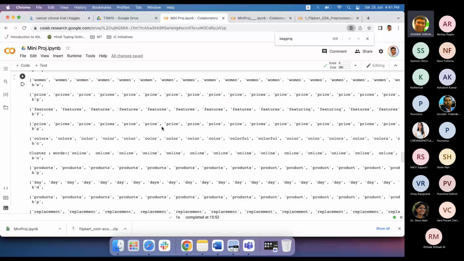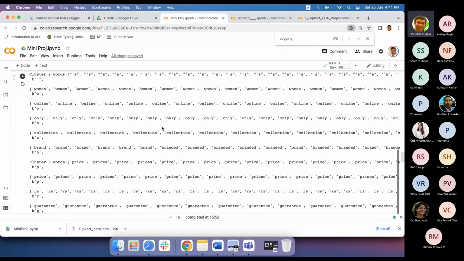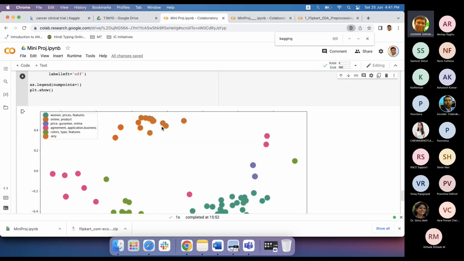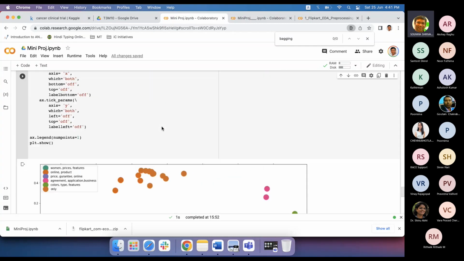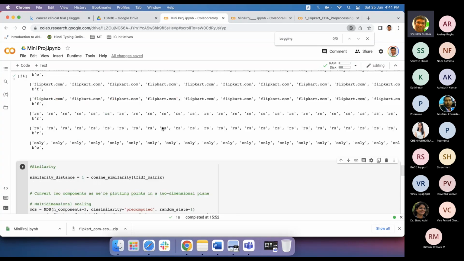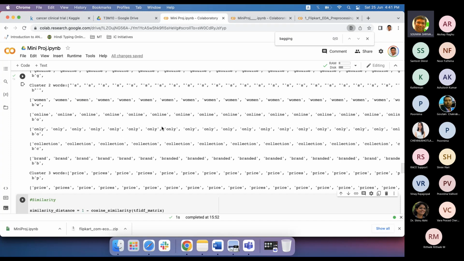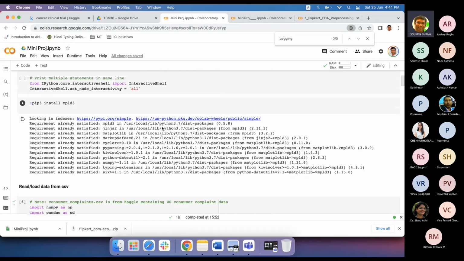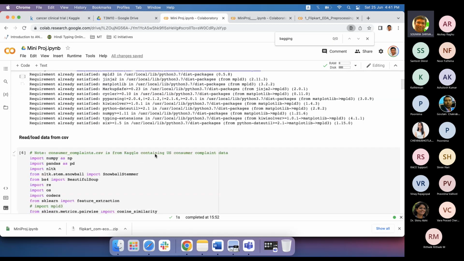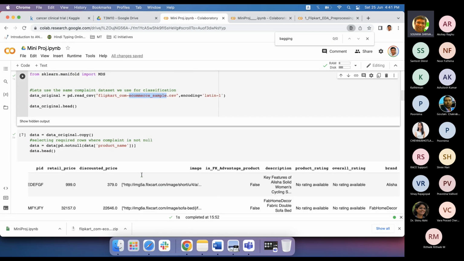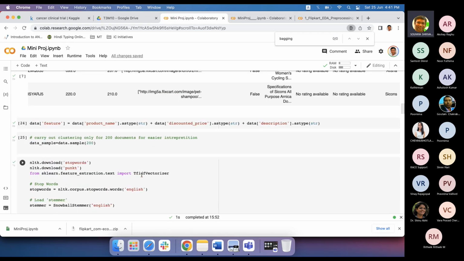Sir, we were trying to... I feel there is some issue. We tried clustering, but we were not very sure how to present it. So this is on the same Flipkart data. Now, the area where we are struggling is